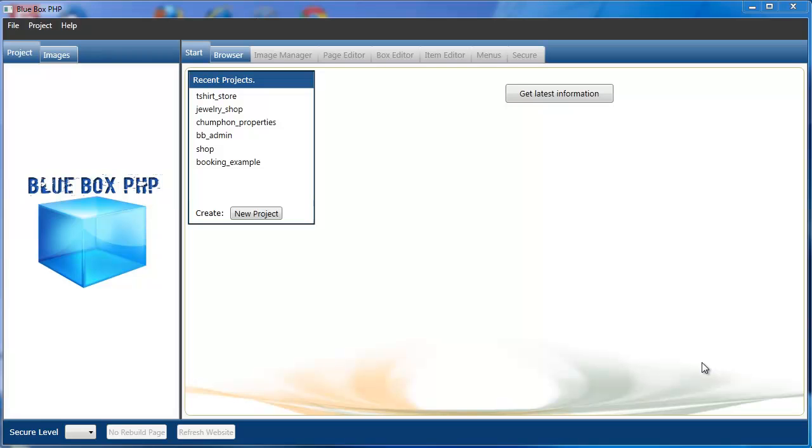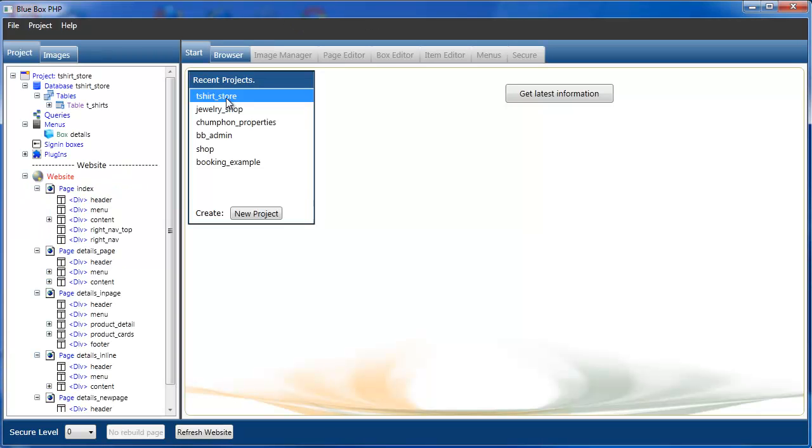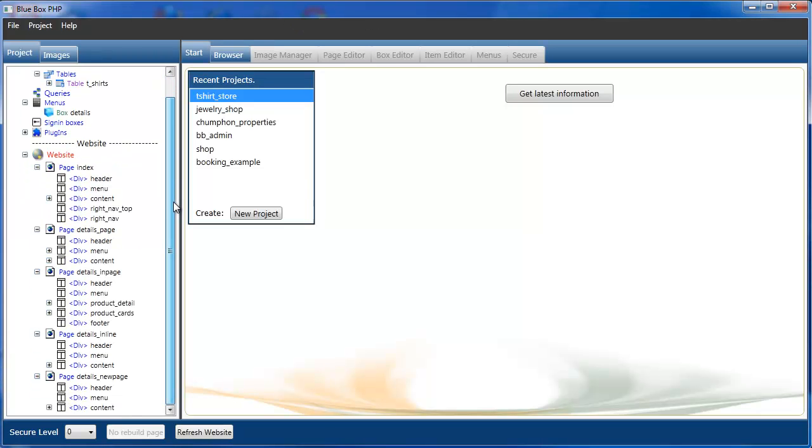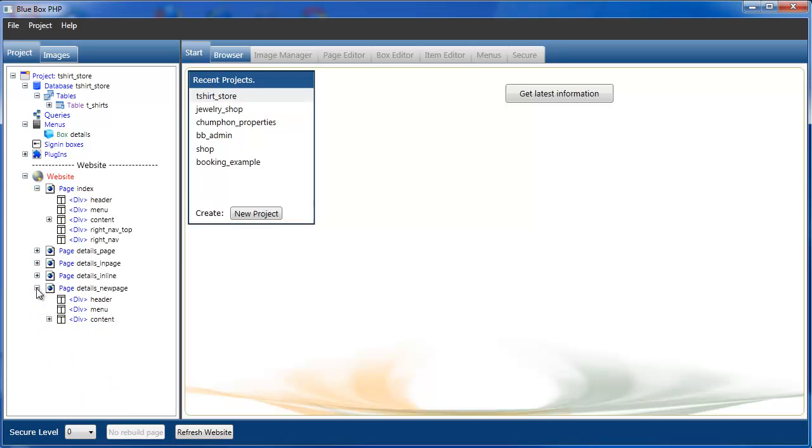In this tutorial we're going to be looking at the different ways that we can display the detail box for the data items. So first thing we're going to do is load up our demonstration project. We can see we've got 5 pages in the website altogether. If we focus on our index page first,